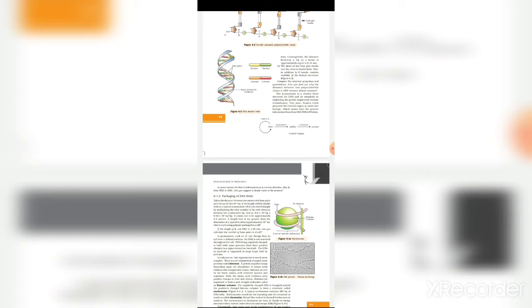But in case of eukaryotes, there is a set of positively charged basic proteins which are called histone proteins. Okay, why positive? Because the whole thing is neutral. Since DNA is negatively charged, the proteins which are bound have to be positively charged. And since DNA is slightly acidic in nature, the proteins are basic in nature. The proteins which surround the DNA molecule are known as the histone proteins.